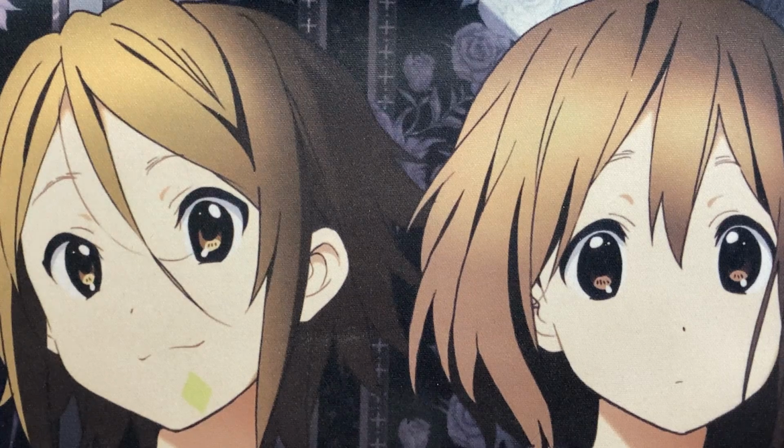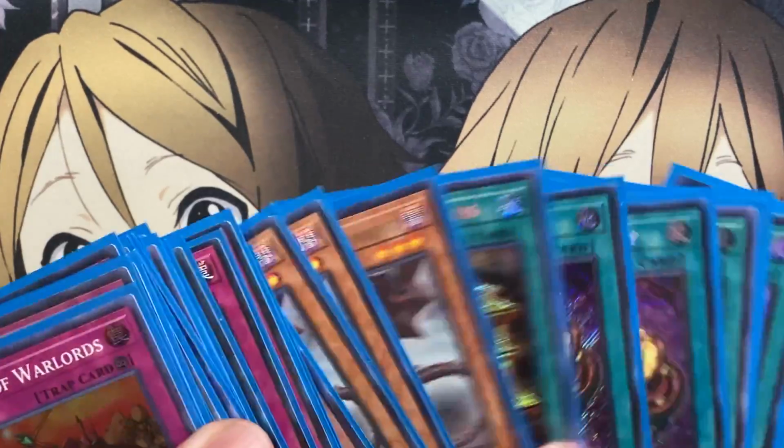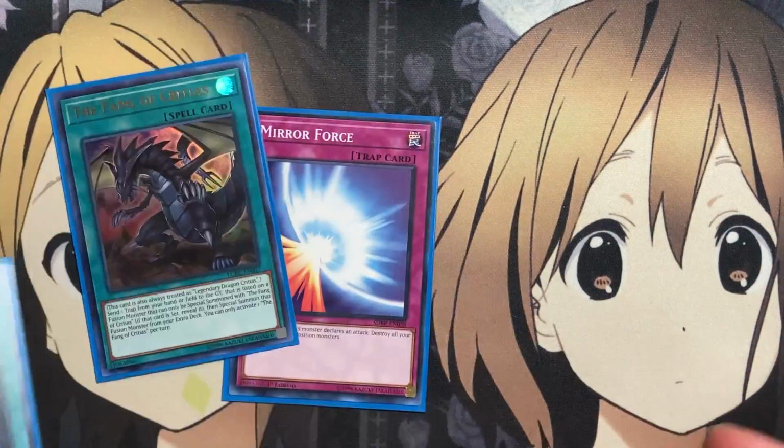And then as for some of the go-to plays, this is a very, very easy deck to use. It all comes down to if you can get into your draw power using cards like Allure of Darkness and Pot of Prosperity, drawing into the needed trap, and then your go-to spell being the Fang of Critias, activating both,